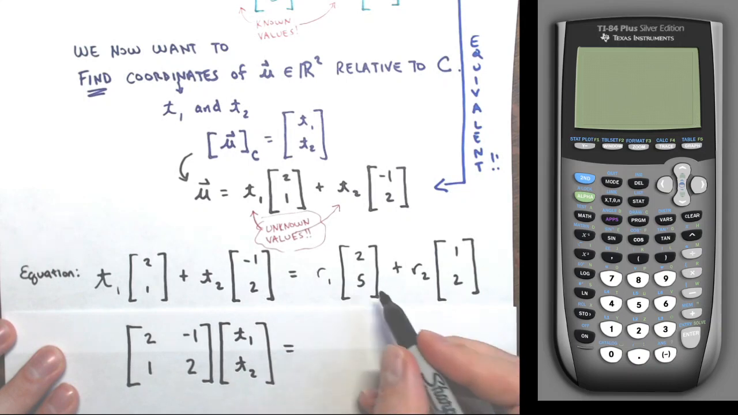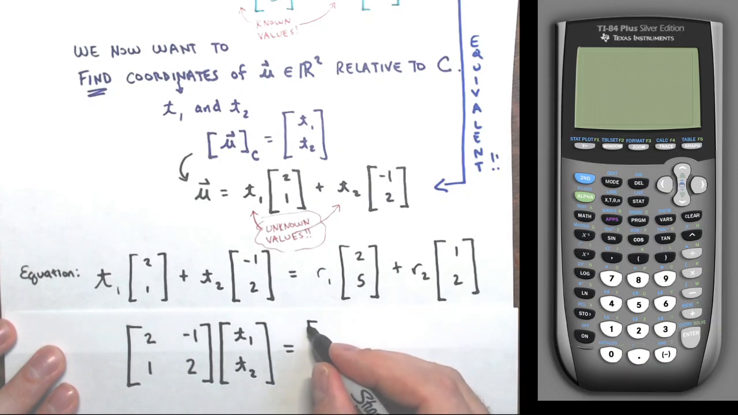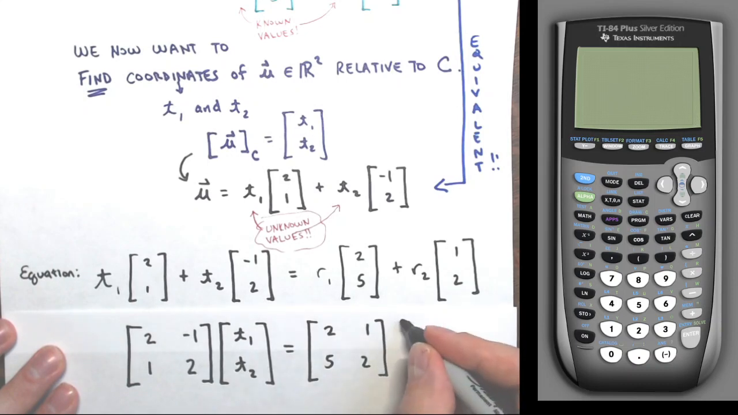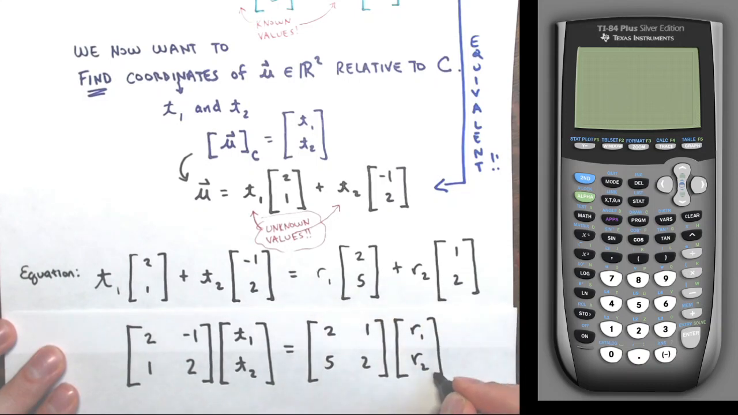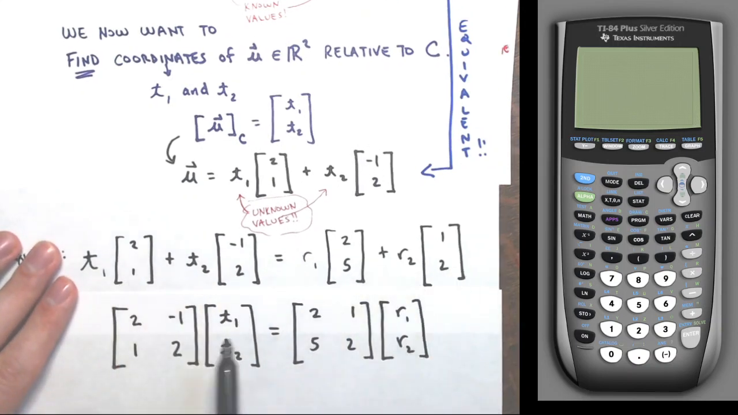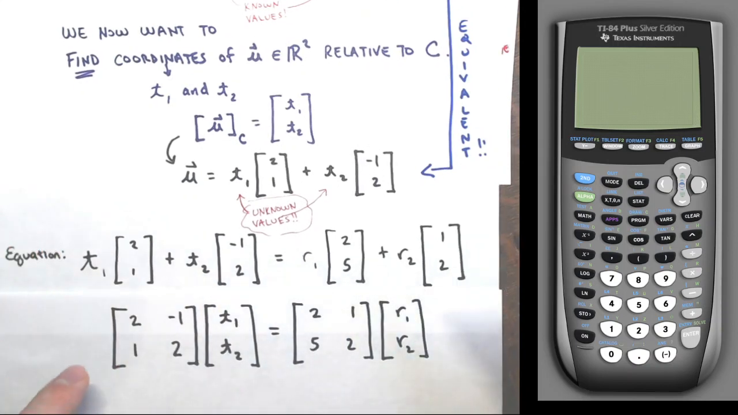equals, and then over here, same thing. These are the coefficients of my r1 and r2. Alright, that's 2, 5, coefficients of r1, 1, 2, coefficients of r2, times the variable matrix, with these constants, these scalars, r1 and r2. And you can double check. Remember, any linear combination of vectors can be written as a matrix product. And you can check,